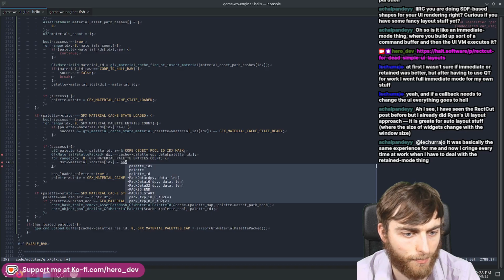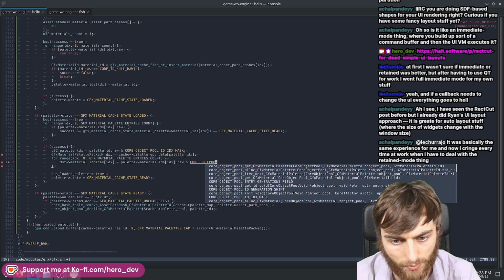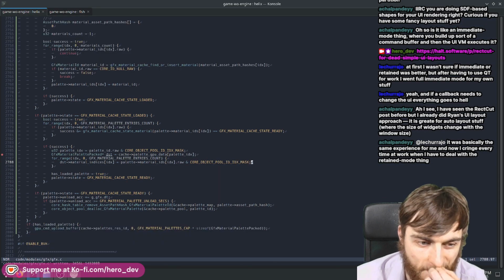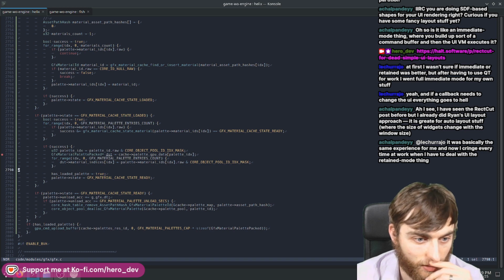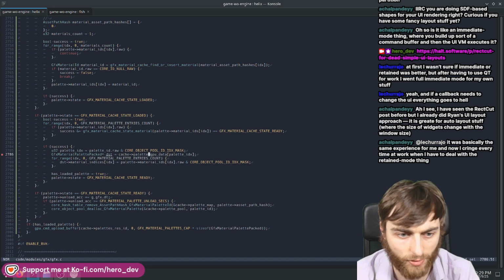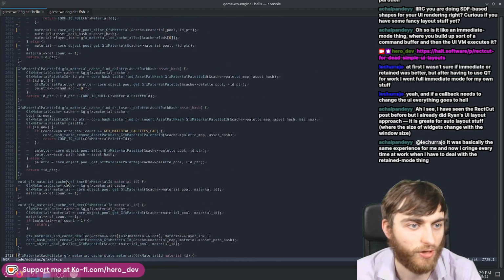So we'll just do a palette.material IDs, index, dot raw and core object, pull index mask. So just get the low bits there, and put them in there like that. Now, if something has changed, then upload the rest. So that'll be, you take the address here, and then we need to just, when we instantiate the